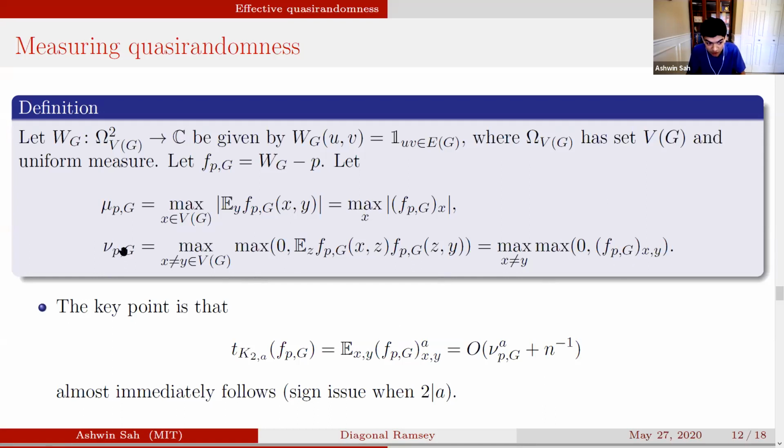Okay, so this is true again because this is a bound on nu. So this would be true if nu was an absolute value here. But since it isn't, there's a subtlety when a is an even number, but you can resolve this. So I don't really want to focus on that. Sort of the key point is that this graph density that we have is quite small if we know that our original graph is pseudo-random. And the signed graph density, you can sort of think of as measuring the level of discrepancy between our graph G and a quasi-random graph. So this will be important.